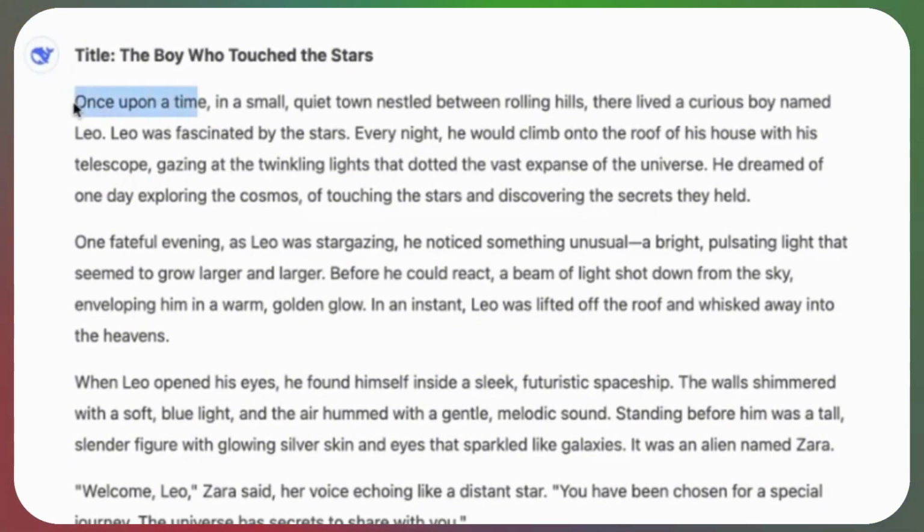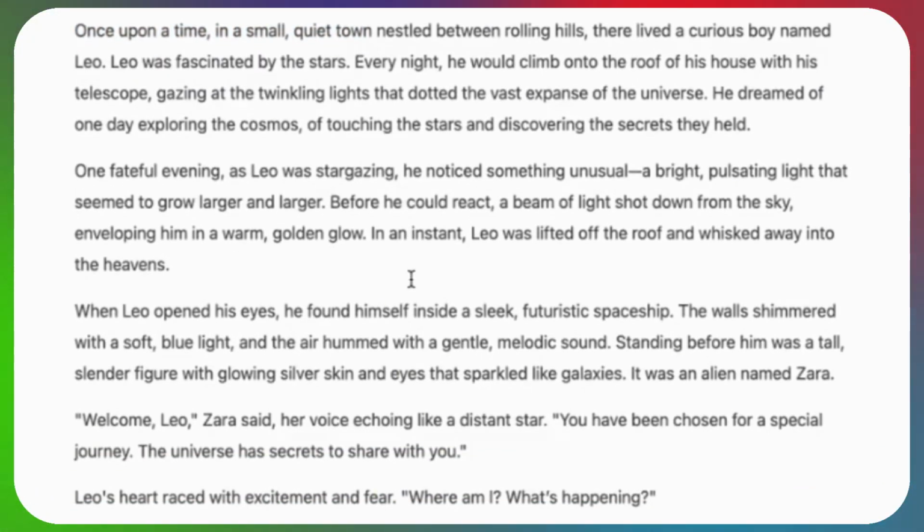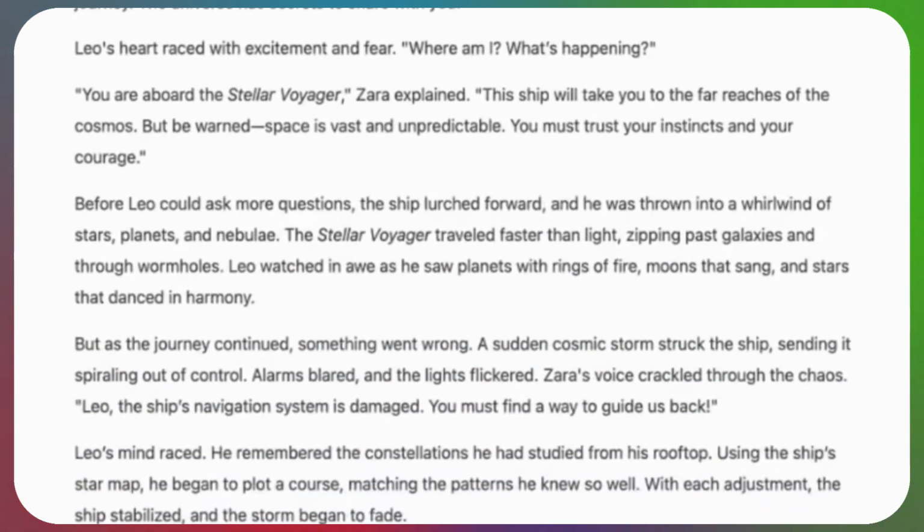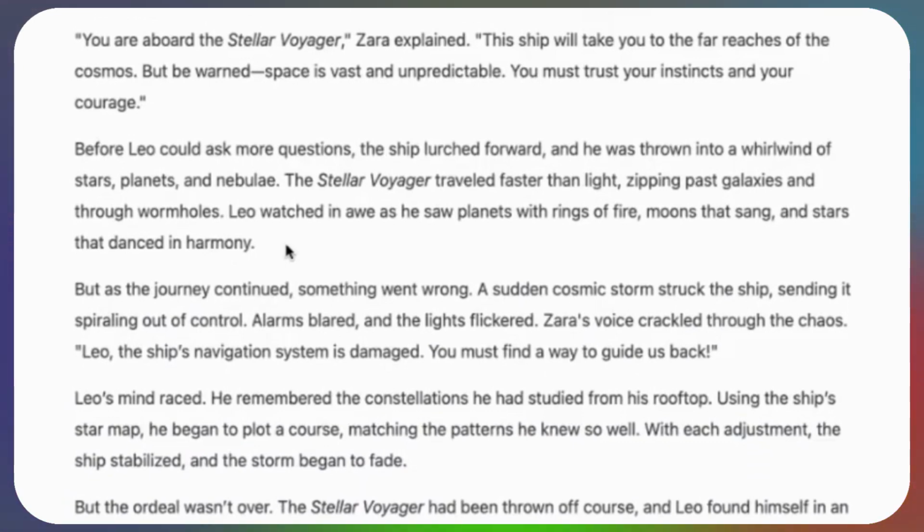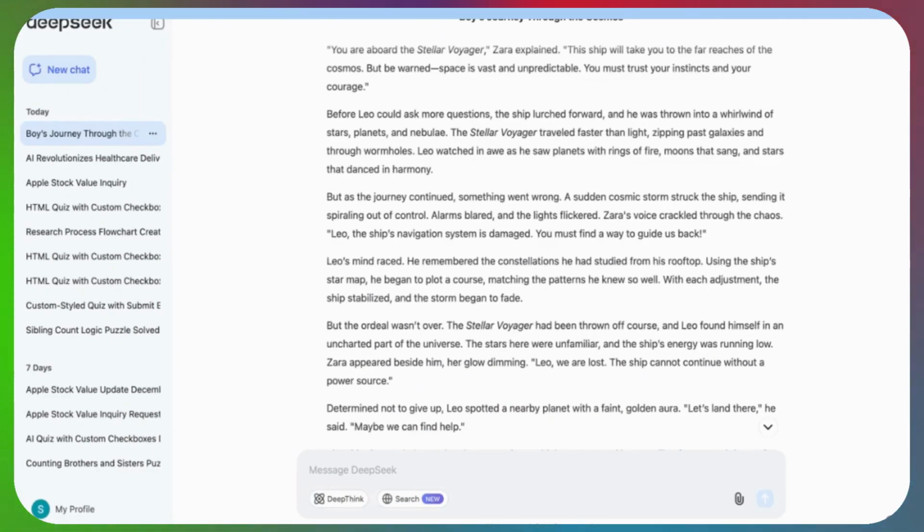So if you notice here, it starts off with "once upon a time in a small quiet town," and I wouldn't say that it's anywhere near the level that you'd get with Claude 3.5 Sonnet, which usually does quite well in these tasks, and not even at the level of ChatGPT 4. I would say it would require quite a bit of prompting. So this definitely wouldn't be the choice of AI model I'd go for if I was looking for creative writing